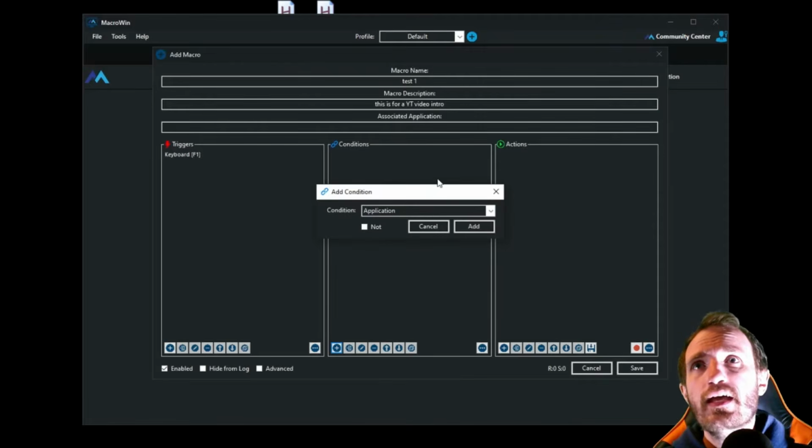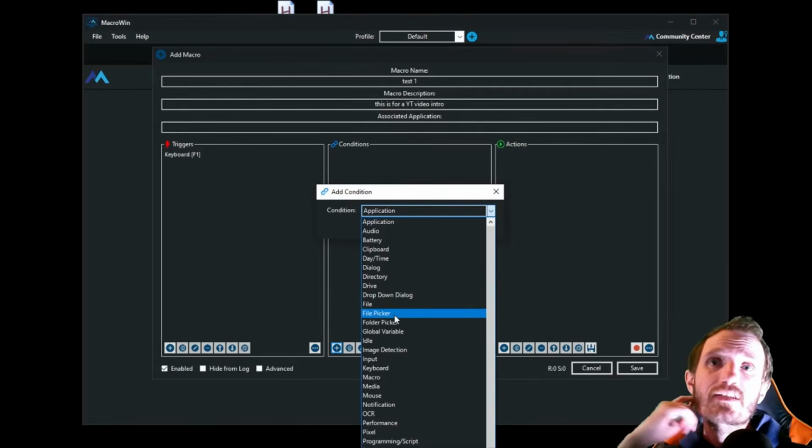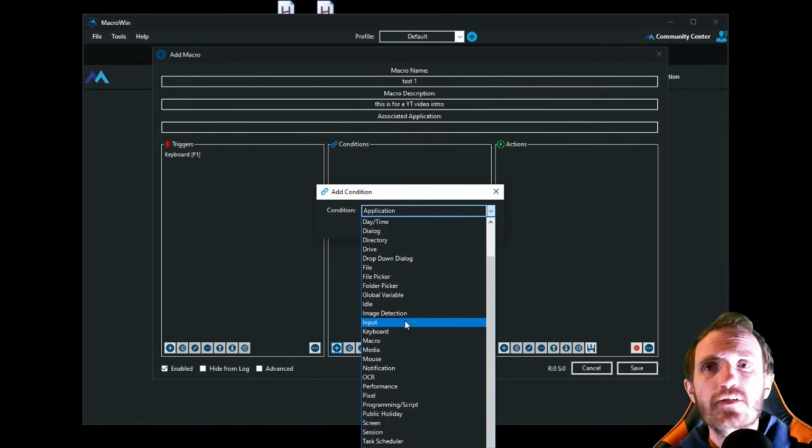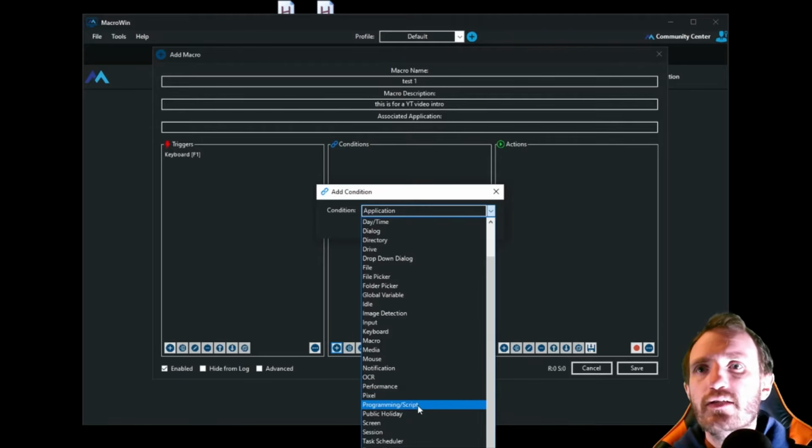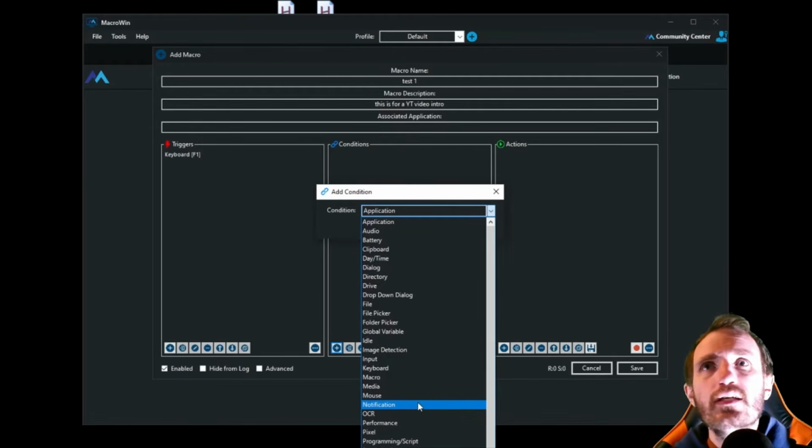Go to Add, and once again, a good amount of stuff here. Oh, Task Scheduler, that was the thing I was mentioning earlier. I couldn't remember the thing that automatically runs. And yeah, what do we want to make the trigger here?